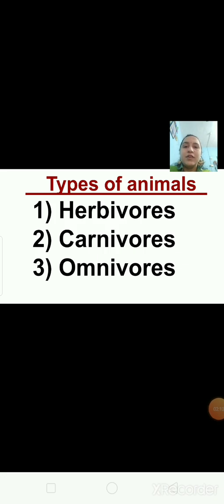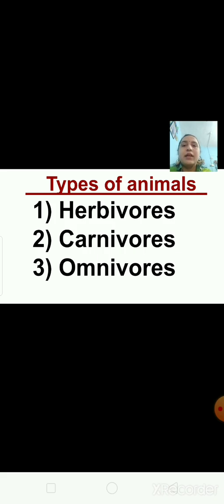Then we had learnt the meaning of two terms in a food chain, right? And in that the first one is producers and the second one is consumers. So producers means those organisms that can make their own food. So plants are the producers. And the second term is consumers. Consumers are the organisms that eat other organisms.